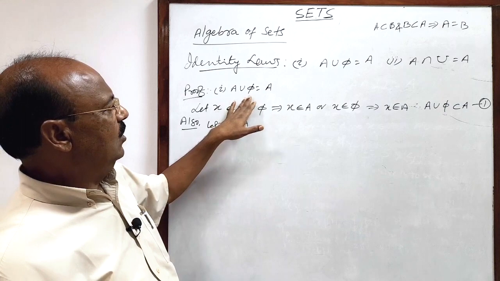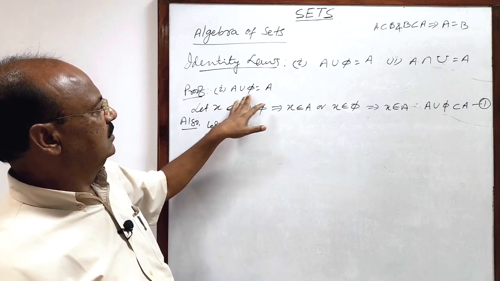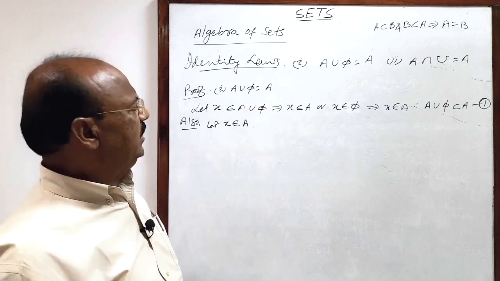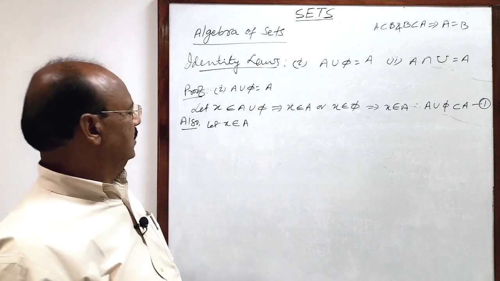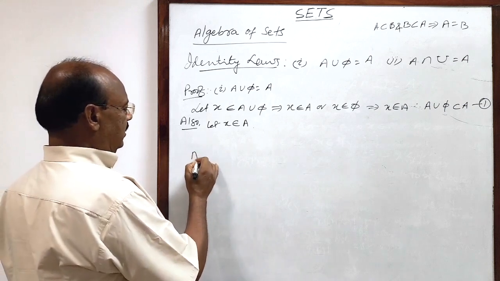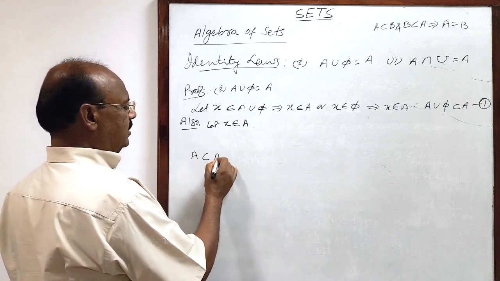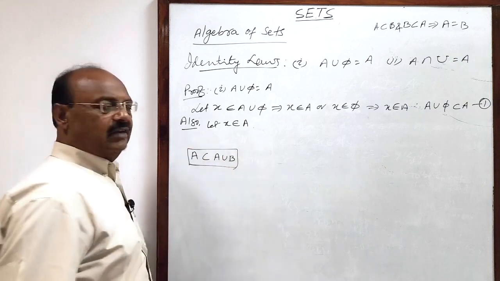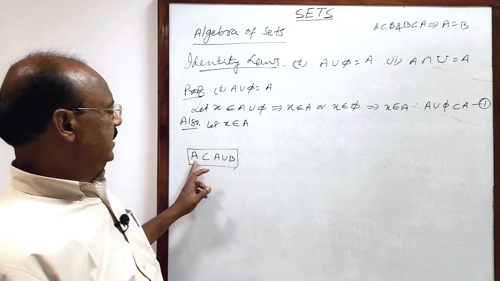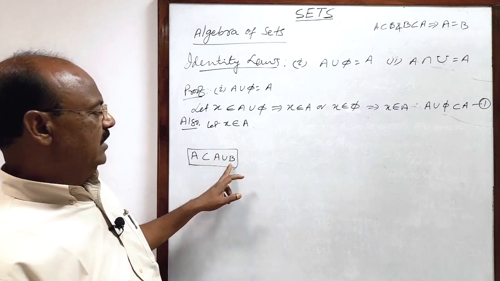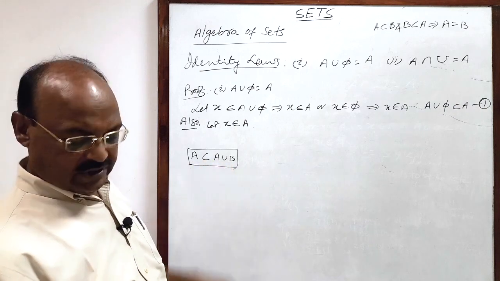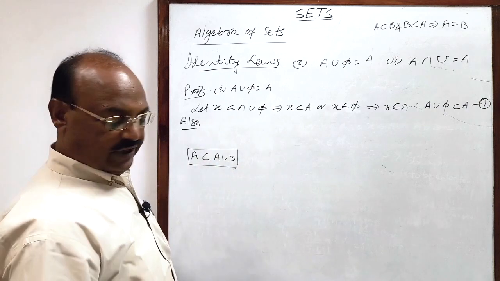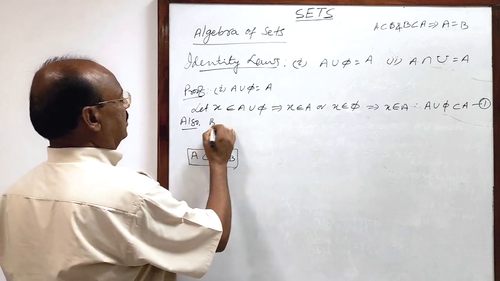If union of two sets is equal to A, or simply you can understand that A will always be a subset of A union B. This always exists. A is always a subset of A union B. So with the help of this property, we need not write this one. Simply we can write that by